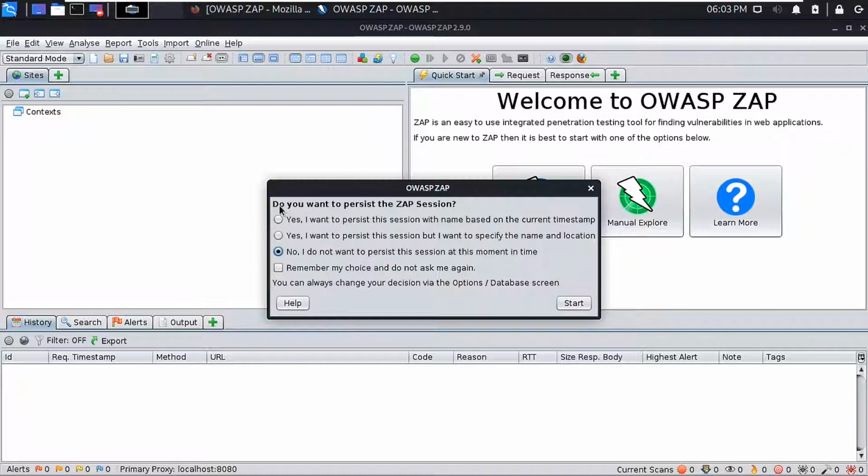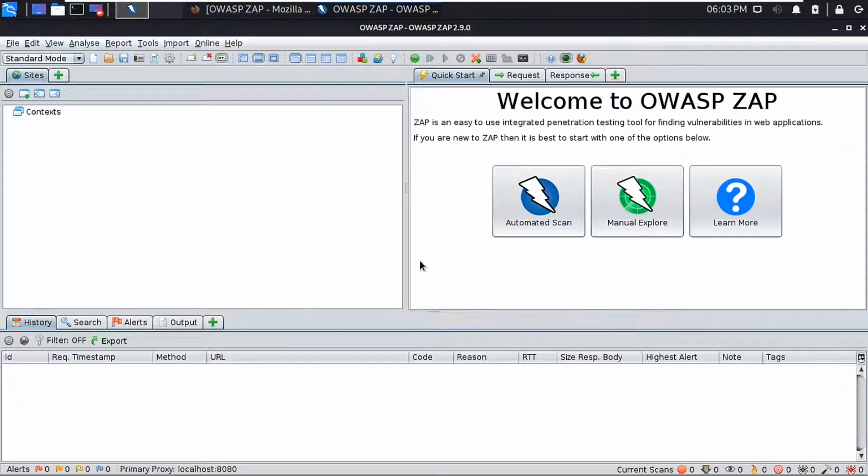Now here it is asking, do you want to purchase the Zap session. Now if you are performing a vulnerability scanning on a big website, then you may purchase the session. But here we are going to test Zap, so let us click on no, I don't want to purchase the session, and click on start.